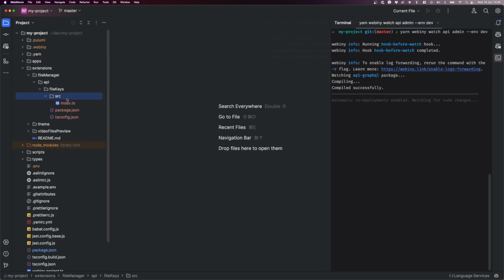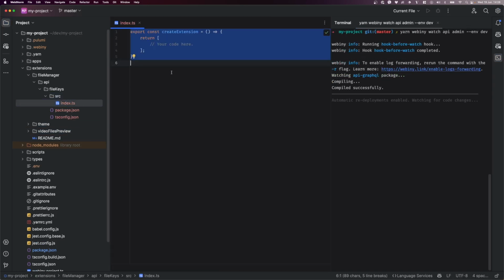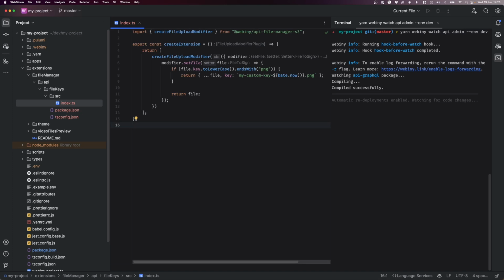In this new src/index.tsx file, we'll paste the following snippet of code. So let's see what we have here. First, we've imported the createFileUpload modifier function, which is just a factory function that helps us with the creation of our plugin. Upon calling the function, we're passing a custom callback function within which we are accessing the passed modifier